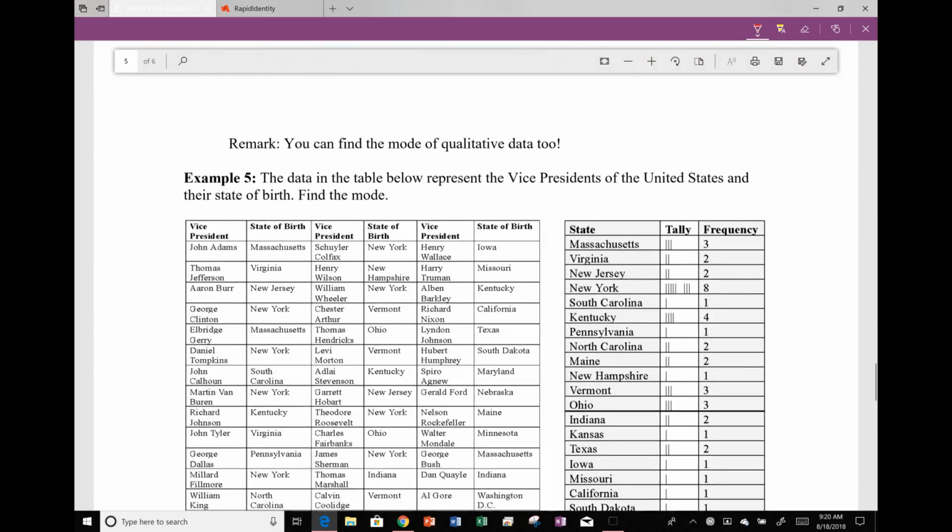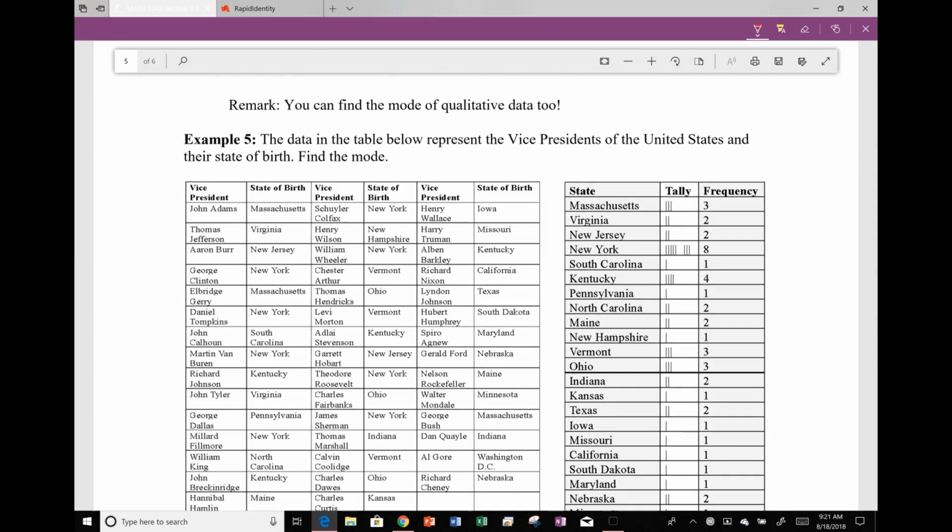If we continue looking at mode, it just means something that occurs more often than anything else. Therefore, we can find the mode of qualitative data also. Mode does not just mean quantitative data, values with numbers. Mode can be used for qualitative or quantitative data. Now, mean and median are strictly for quantitative data, those data sets with actual number values. But mode can be used with qualitative data as well.